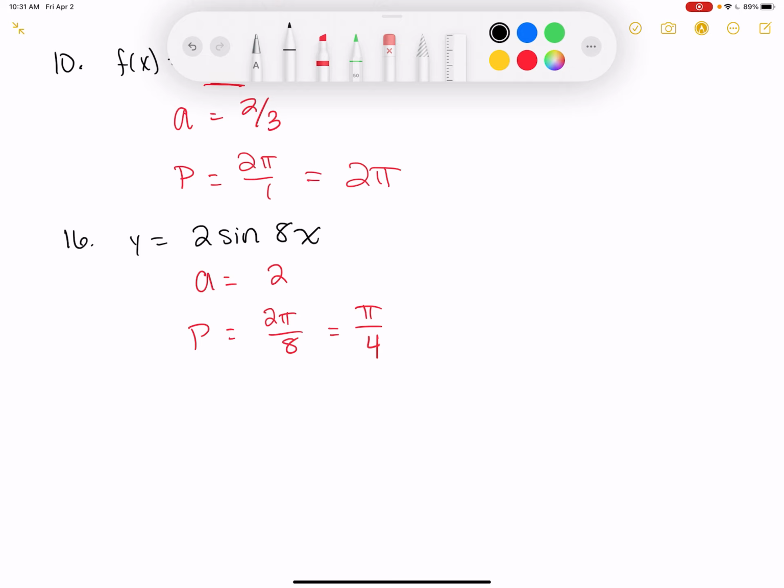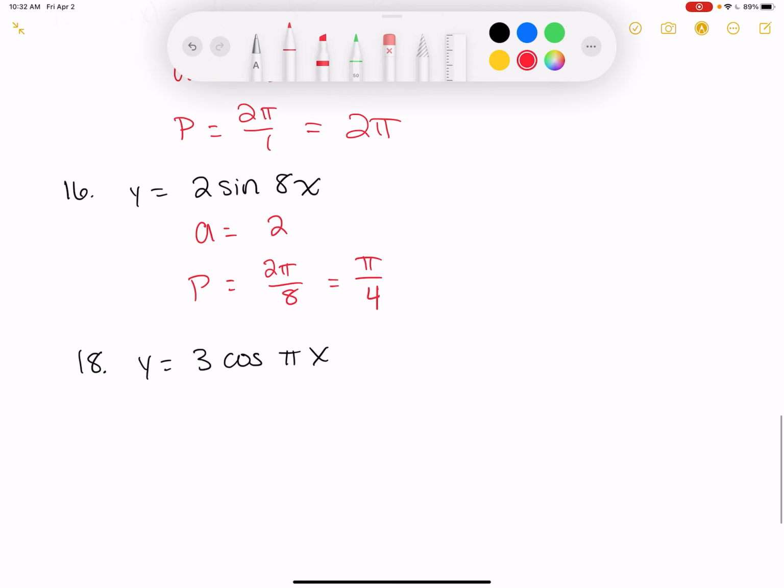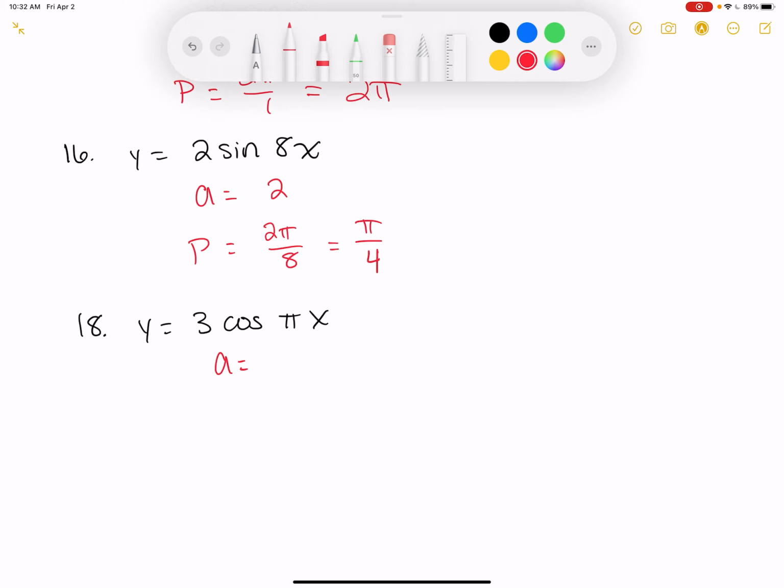Let's see. 18, y equals 3 cosine of pi x. Congrats. Your eyes are itchy. I thought you were trying to tell me what the amplitude was, and I was like, please speak English. I know a lot of Spanish, but